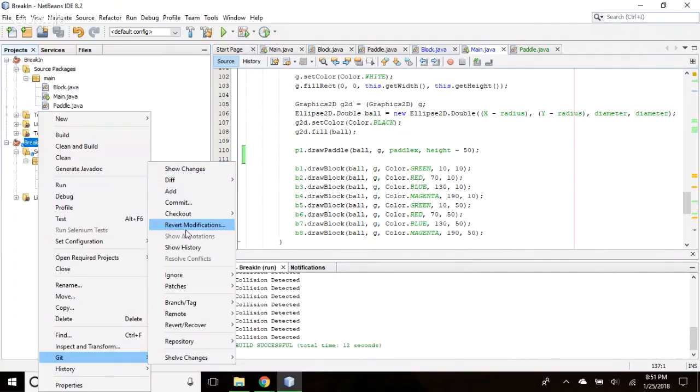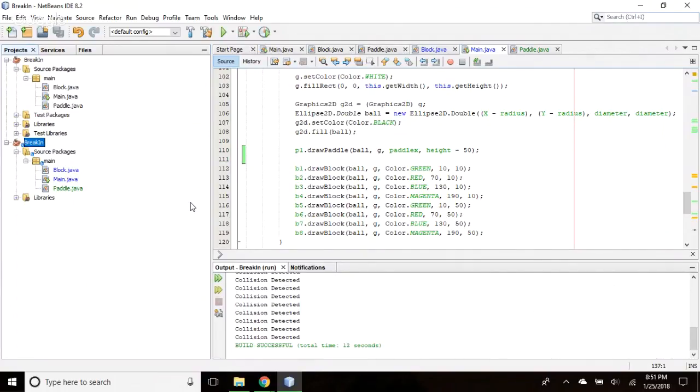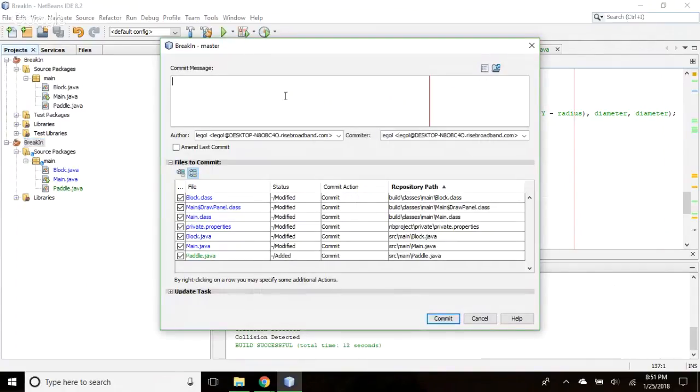Do commit. And it says paddle is added. That's good. So say added some paddle functionality. Okay, say commit.